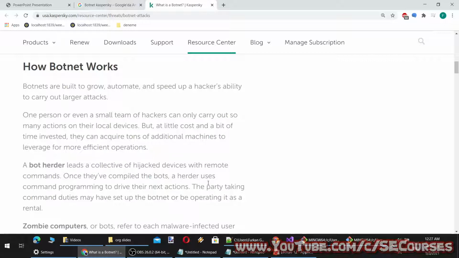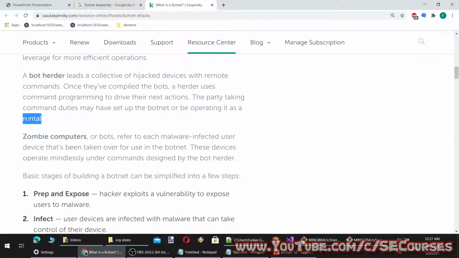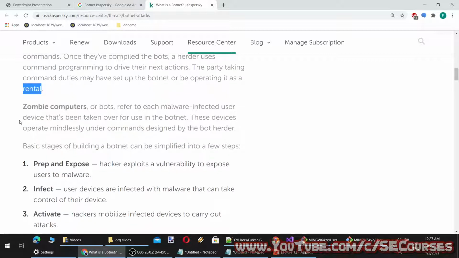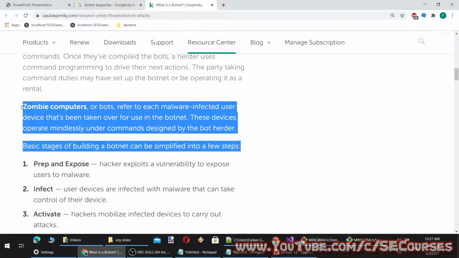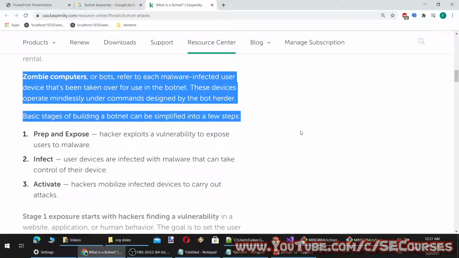Okay, let's continue. You see, this word is also important, rental, because there are groups that get payments to take down web services or websites with DDoS attacks. So rental is, they give you the access and command of infected computers so that you can do your malicious things, cyber crimes. Zombie computers, or bots, refer to each malware-infected user device